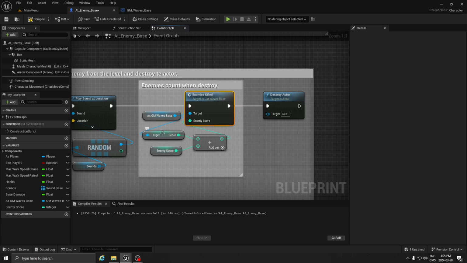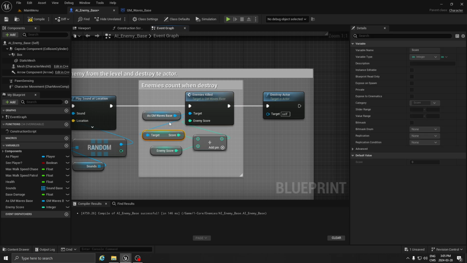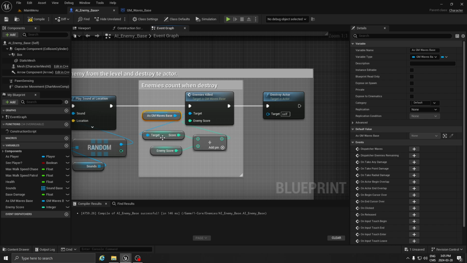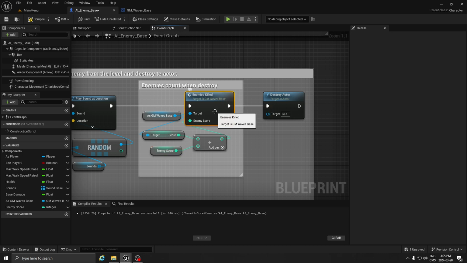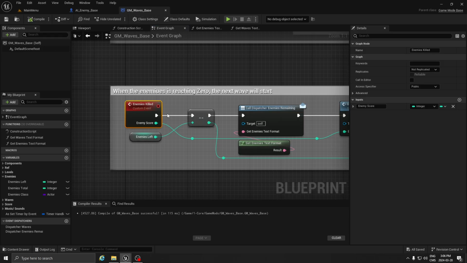We need to make sure that we're taking the score that we already have in the GM base. So we have 10 points, and this one gives 10 points. Now it's going to add those two together and pass that new value to this enemy killed, and destroy the actor. But it's passing the information before getting destroyed, which means that's going to bring us to our